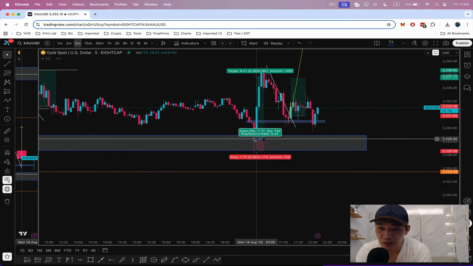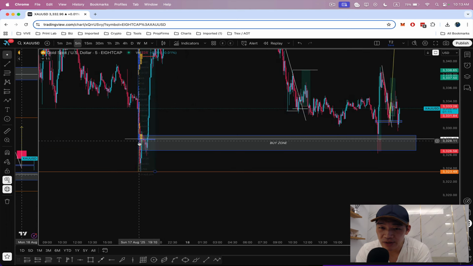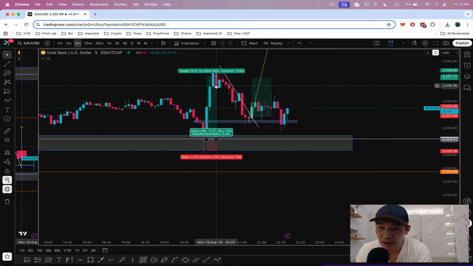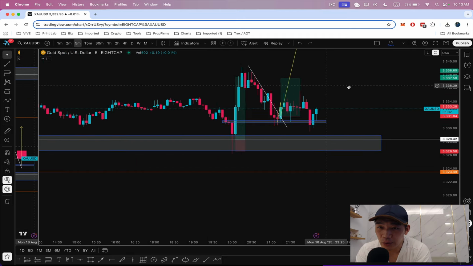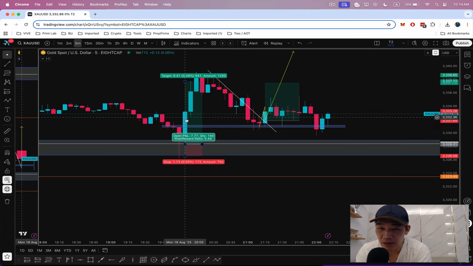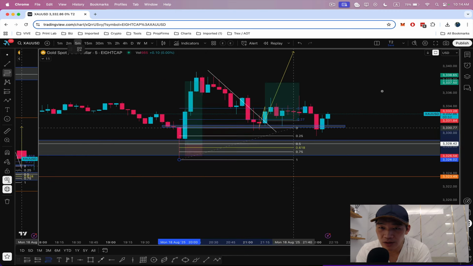After this rejection from the POC, I just got in right here on this buy, right? And the reason was because we have this structure here, this order block, POC, and then support, rejection, we got this buy, and then another one here, right? We have to leverage different confluences. Basically right here, we have fair value gap, right? Rejection off fair value gap, pull back, and where did it pull back to? If we draw our fib,